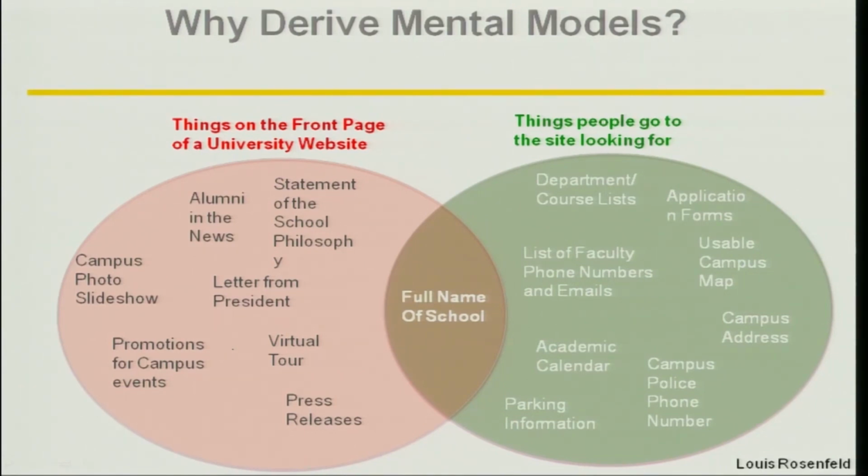They were looking for application forms, usable campus map, campus address, campus police, academic calendar, parking information, faculty, department lists, etc. What was the commonality between what people were looking for and things that were on the site is the name of the school,